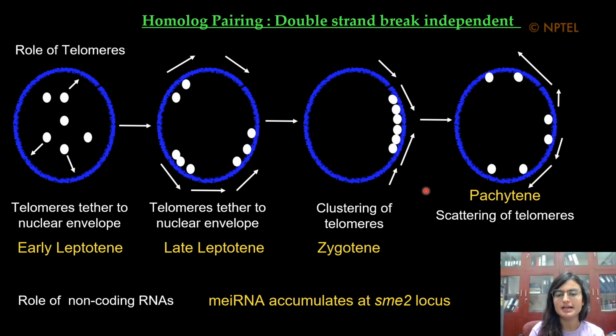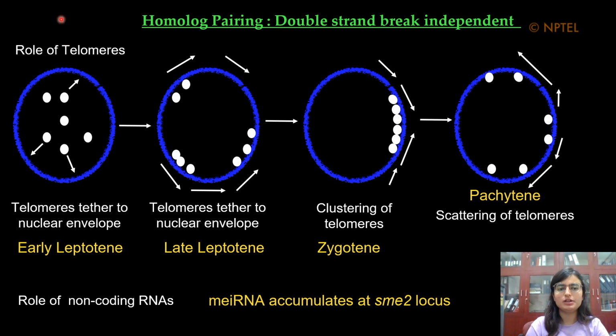In fission yeast, it has been shown that mutations that affect telomeric clustering lead to reduced recombination, and such mutations are used to study the effect of telomere clustering on homolog pairing and subsequently on homologous recombination. Experiments in Saccharomyces cerevisiae have shown that homolog recognition requires telomeres and a telomere-associated protein called NDJ1. Mutations in NDJ1 show impaired chromosome pairing and bouquet formation. Except in C. elegans and Drosophila, bouquet formation is found in all studied organisms.